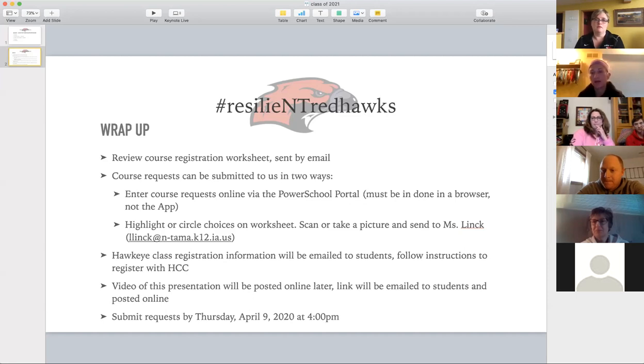Can I add one more thing? I didn't really touch on this. With those English classes, the individualized reading and writing for the real world and so on, as far as a sequence, there isn't one. You don't need to take individualized reading before you take composition, for example. There's no sequence to it. They're separate classes, so one doesn't need to be taken before the other. Does that make sense? Okay.